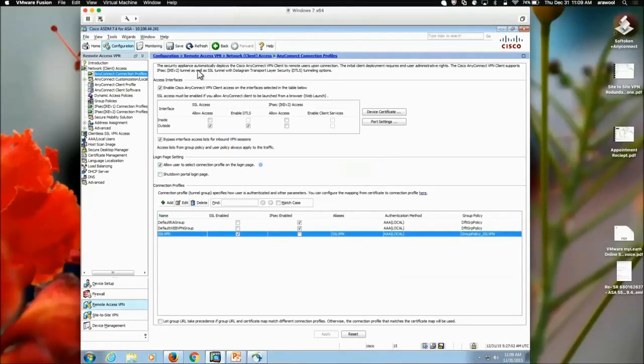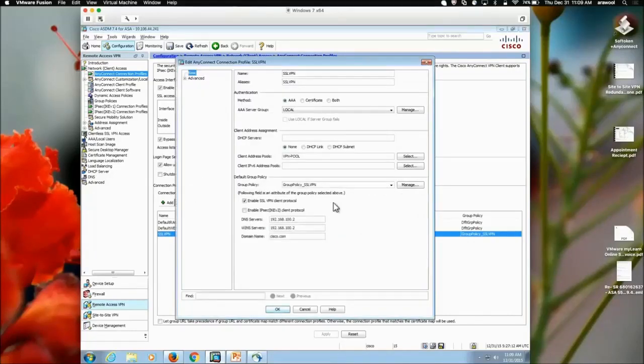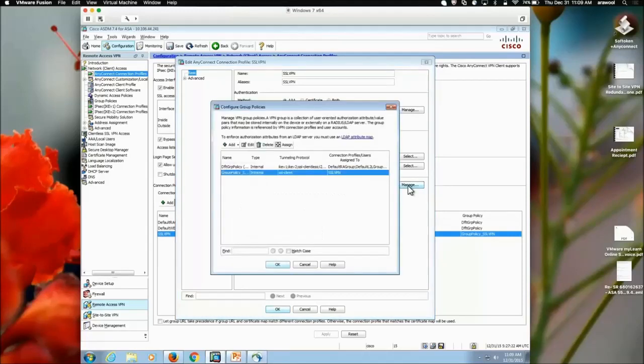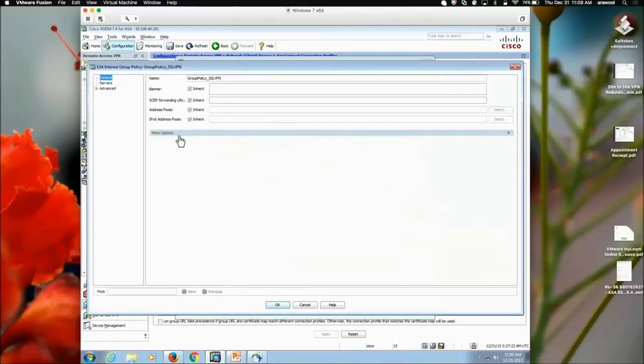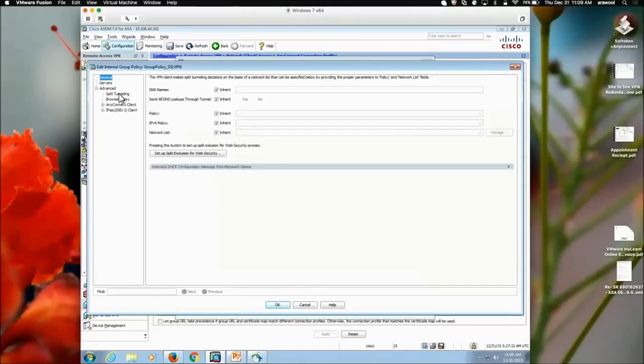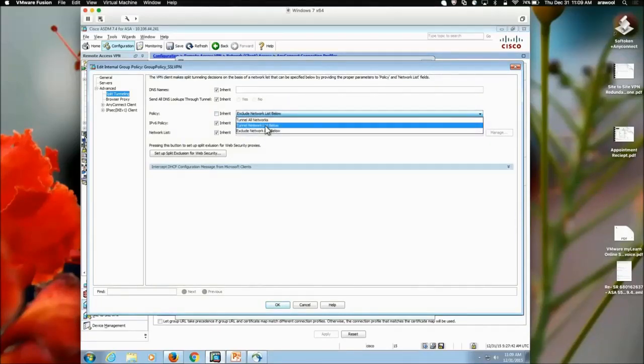We go to configuration, remote access VPN, network client access, AnyConnect connection profiles, where I see my connection profile created with the VPN wizard. We click on edit. We go to the default group policy option and click on manage. We see the group policy window. We click on edit. Here under the advanced configuration, we see the split tunneling option where we define the split tunnel policy. We define the split tunnel policy as tunnel network list below,